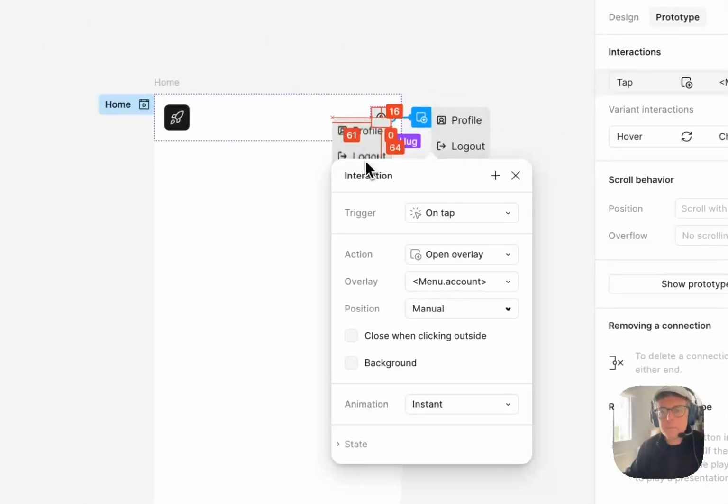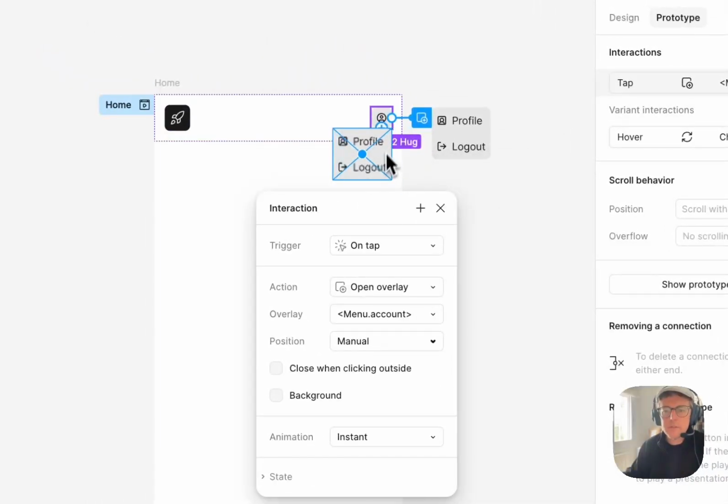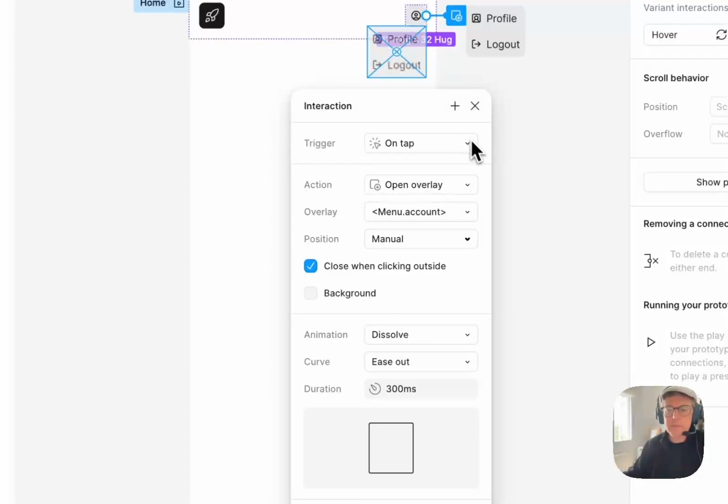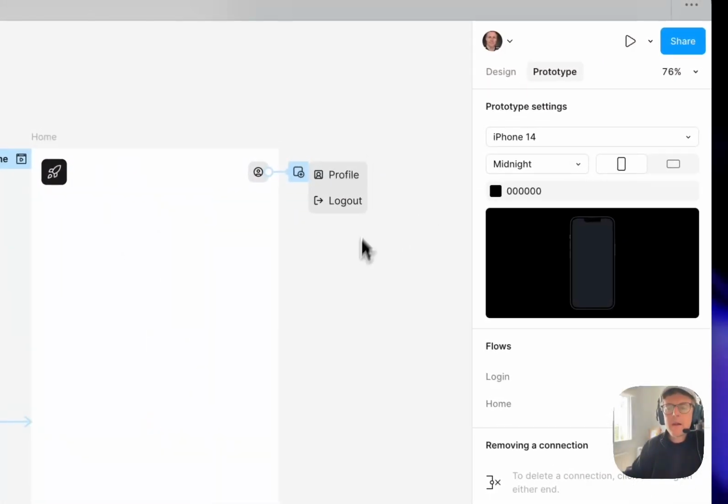And that will give us a position, and this is something you would have to decide in your design system where the default position is. We should close when clicking outside. We don't want a background because this is an overlay, and the animation, let's dissolve so it has a nice fade. Okay,